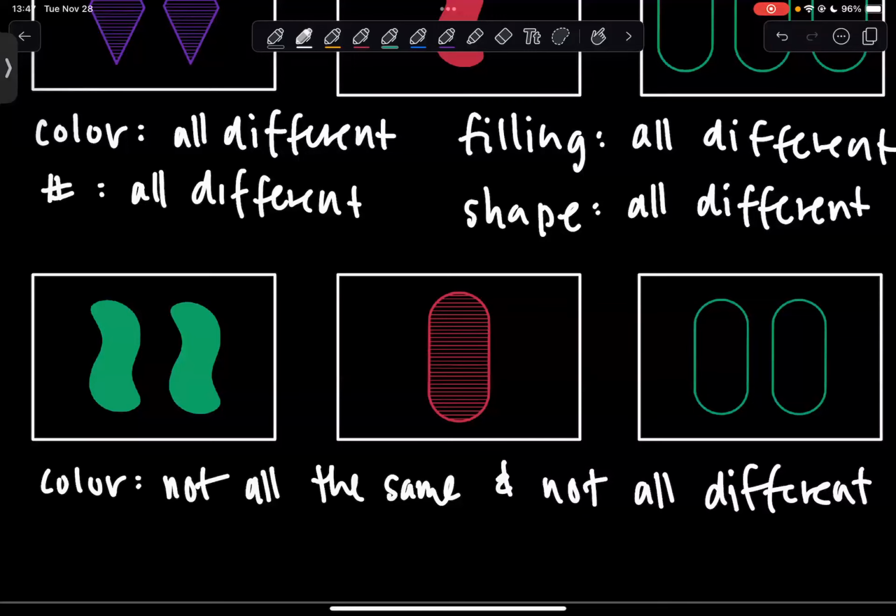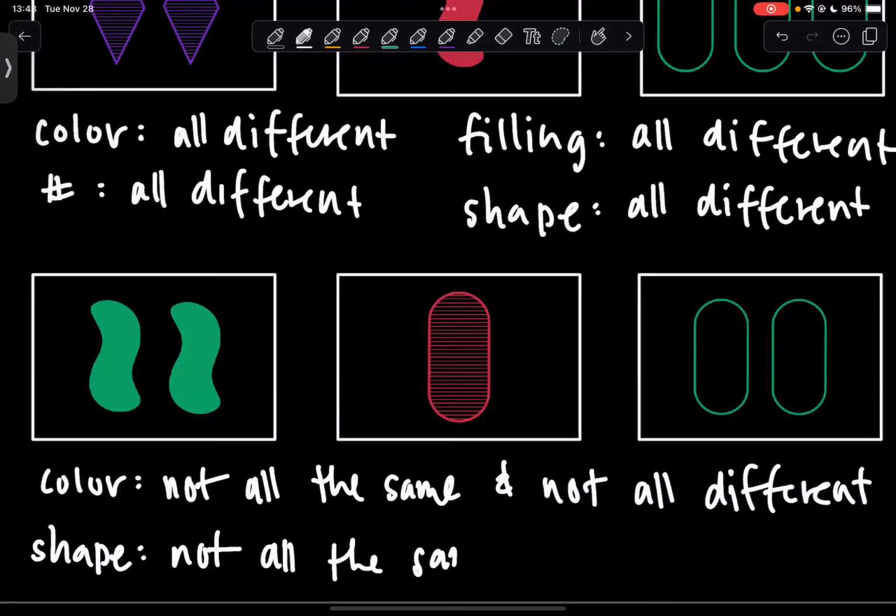Okay, is there another attribute here that would tell us that it's not a set? Right, the shape again, we're seeing 2 of the same shape, but the third one is a different one. So in terms of shape, again, it's not all the same and not all different.